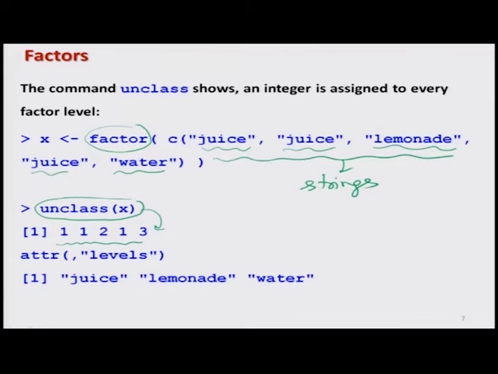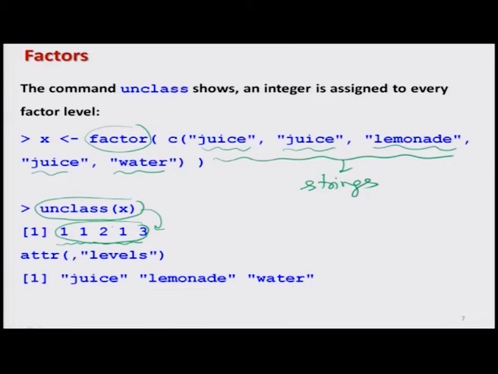These are characters, these are not numericals. Juice, juice, lemonade, juice and water, these are some words, these are not numbers. And now I want to convert this information into numbers. So, if you try to see what R has done in this output 1 1 2 1 3,